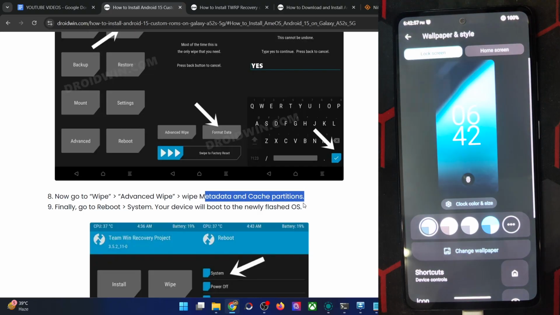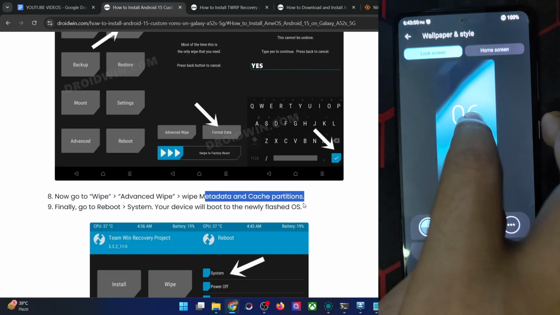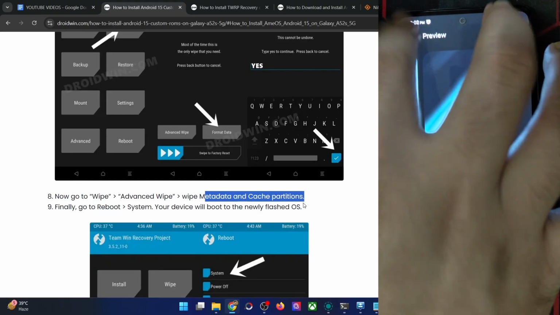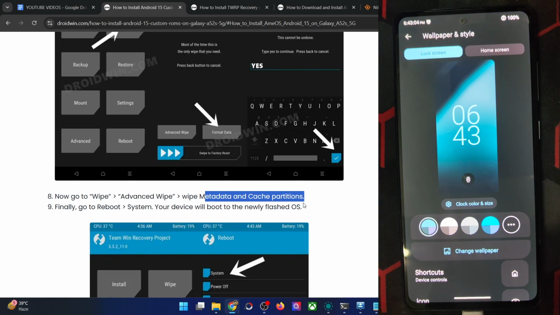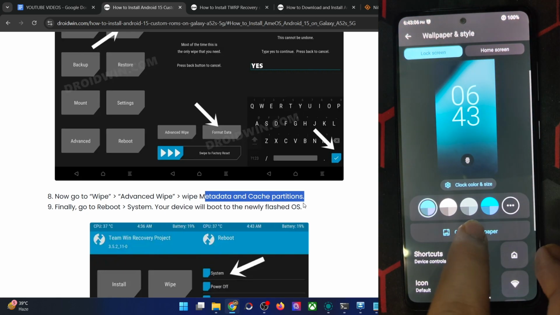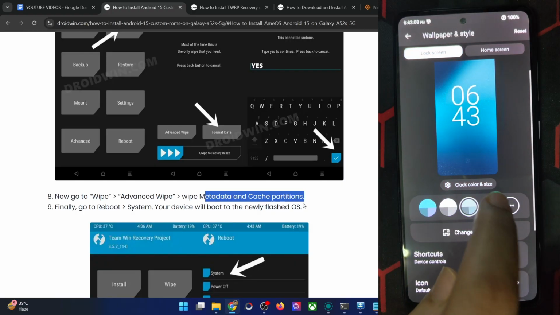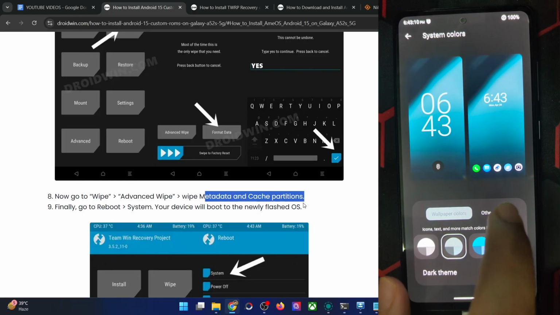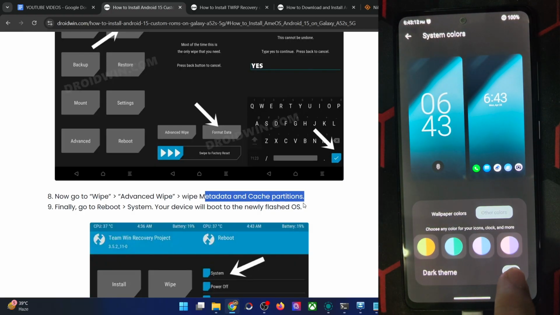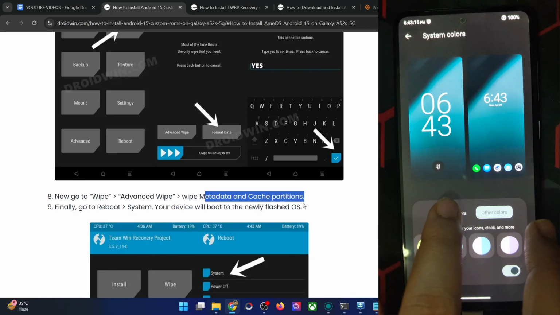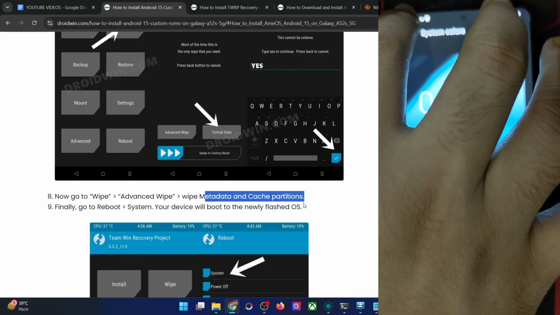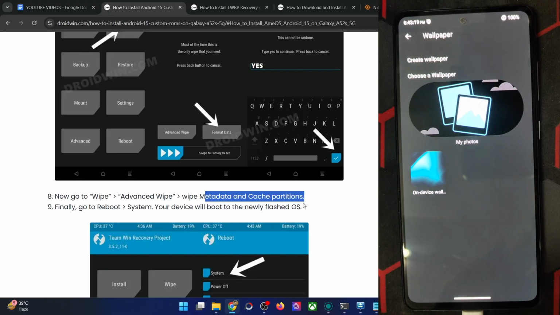And wallpaper and style, now comes the section over here. So in the lock screen you have just one single clock. There is no other clock style to choose from. That's quite disappointing, but still we can't do much about that. Then you may also change the theme from here, or choose any other theme, or from this section you may switch between the dark and light theme as well. For now let's go with the default theme, and you may change the wallpaper.